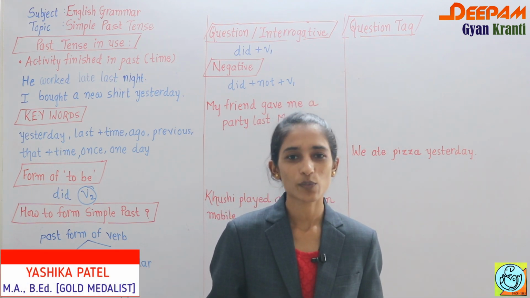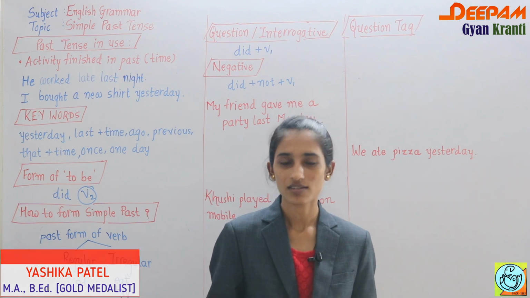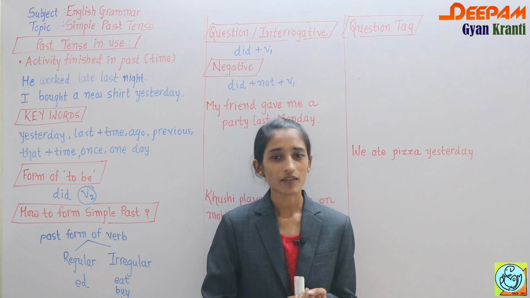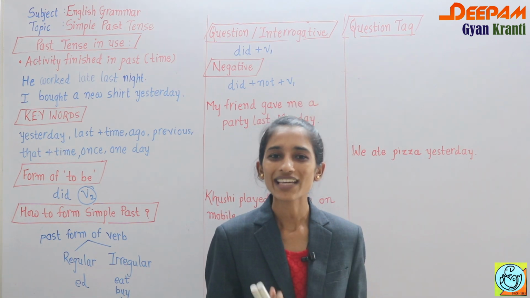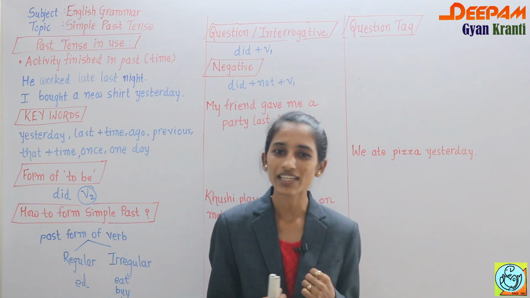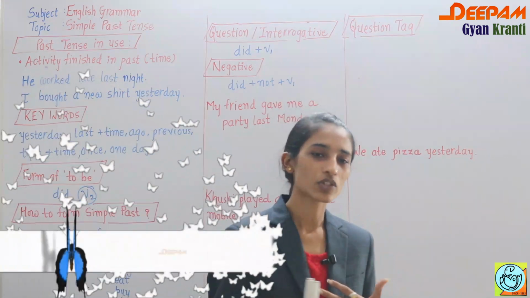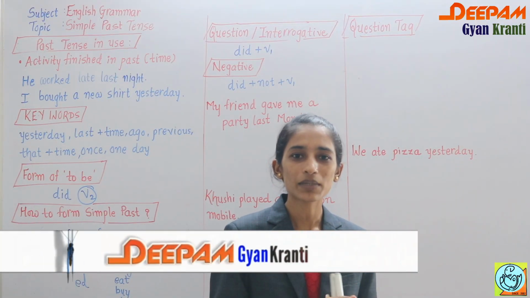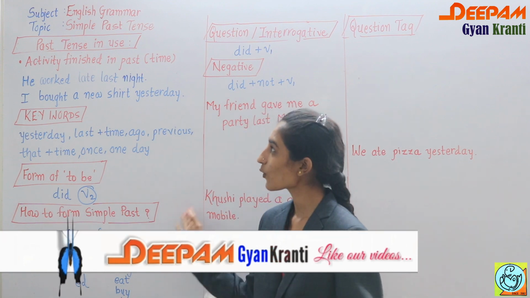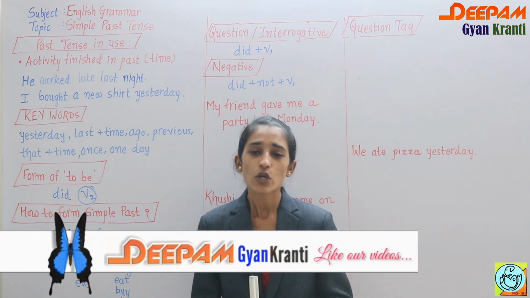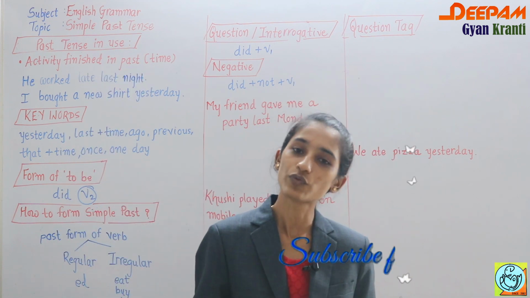And in this video we are going to discuss the second tense, that is simple past tense. In the previous video I have already told you that if you are talking about any language, in total we have three tenses: present tense, past tense and future tense. So we have already completed simple present tense. Now in this video we are going to learn simple past tense. It is very easy, but before that you must have the knowledge of verb.